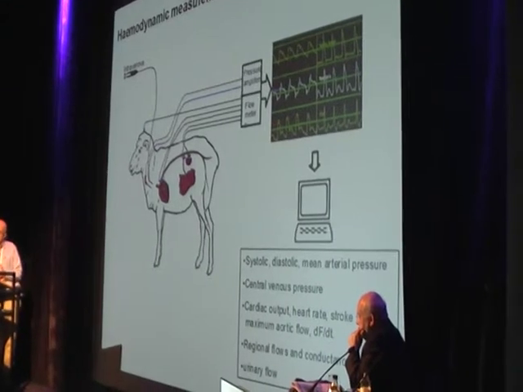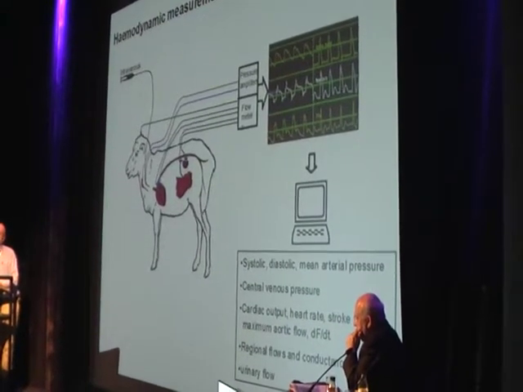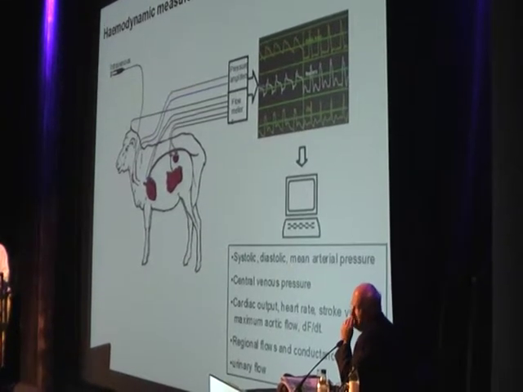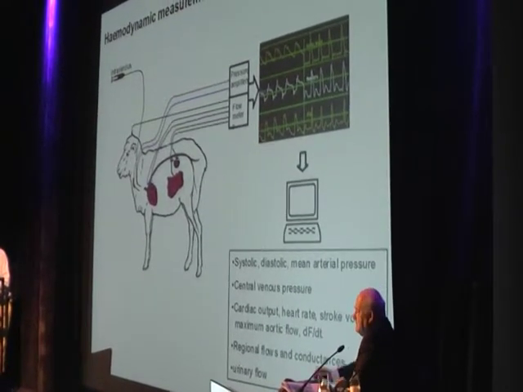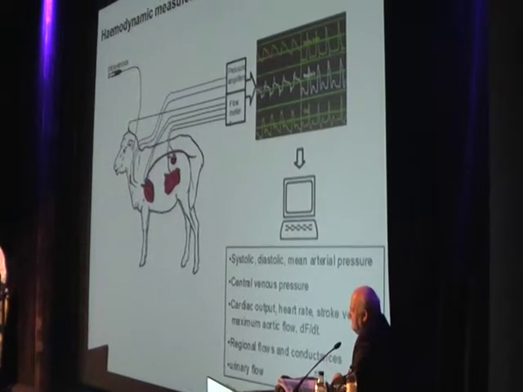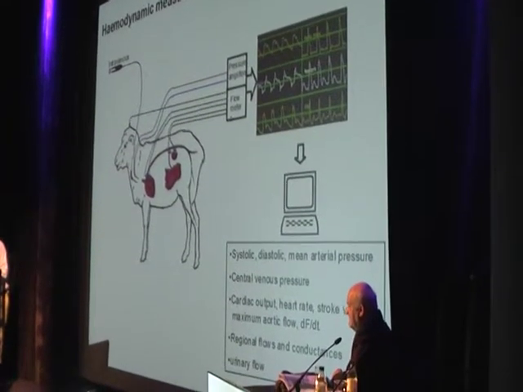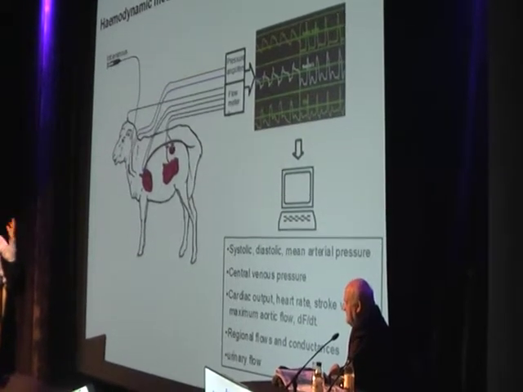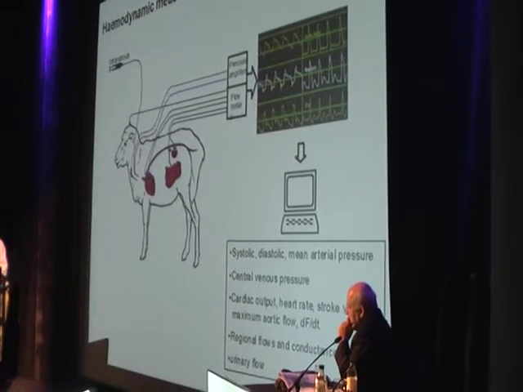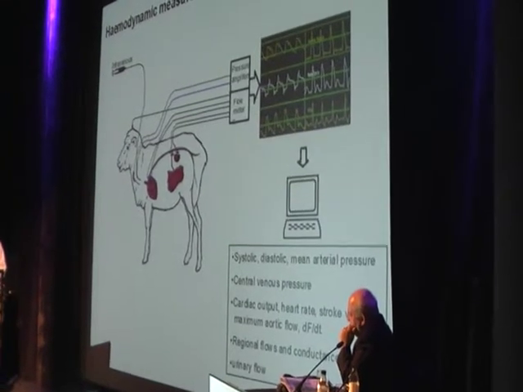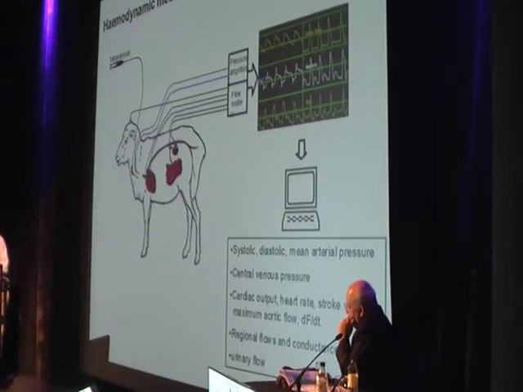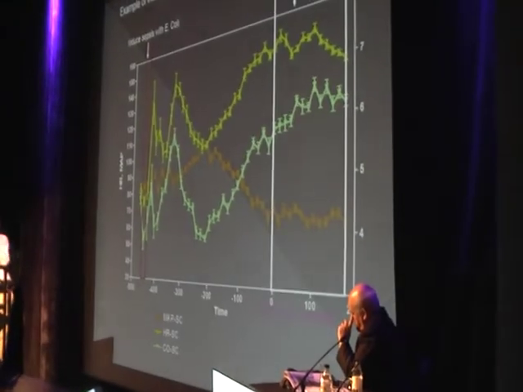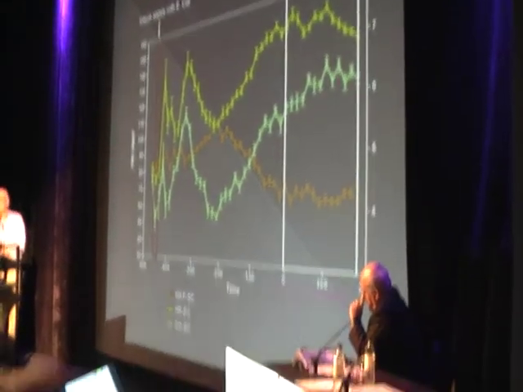In Australia, we have 110 million sheep, so the sheep is the favorite animal. They're very, very easy to handle. They don't bite you. They're very relaxed, very easy. They're about 45 to 50 kilograms, and you can really do lots of things. And this is one of the sheep we do instrumentations of, and you can see lots of flow probes and measurements. They can be allowed to download data every heartbeat and measure a variety of variables that are relevant to